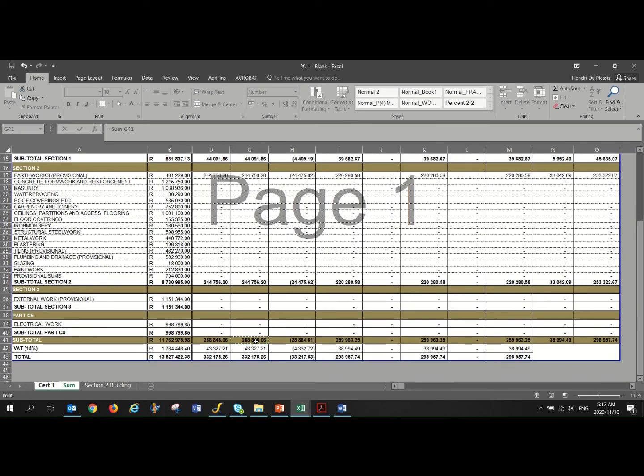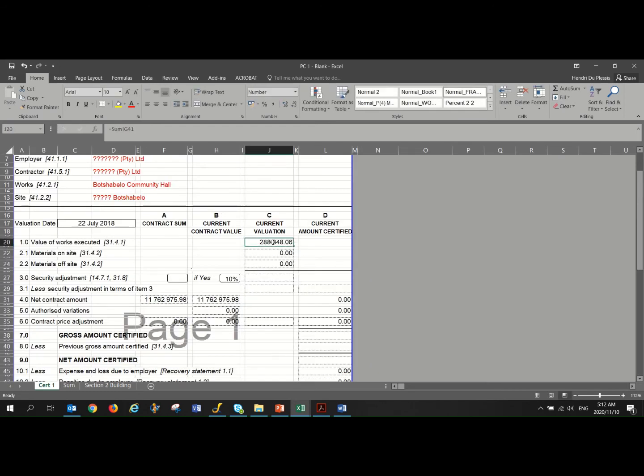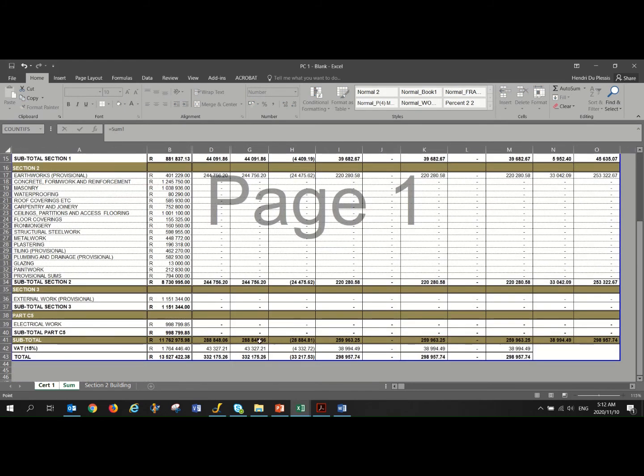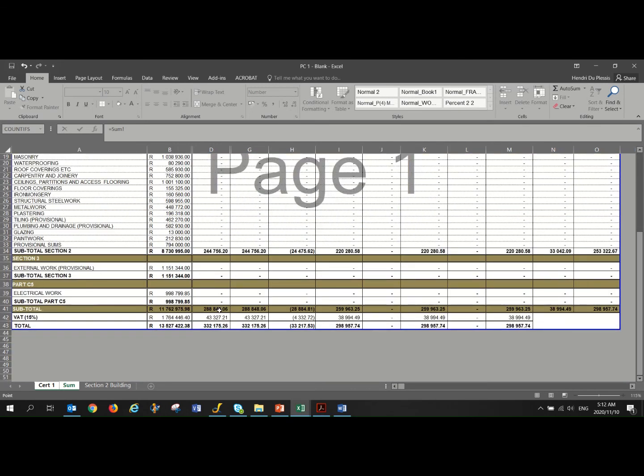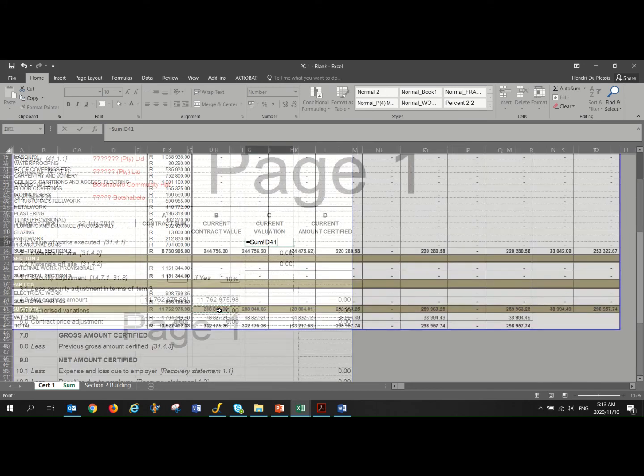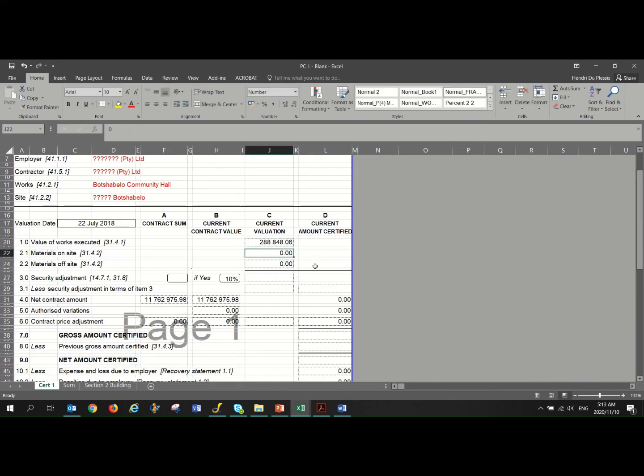So in our instance it is 288,000. So we bring that forward. We didn't have, sorry, pardon me, before material on site. You will see here's the repetition again. So you take your value of work done before VAT, that's added up here, you bring it forward, you add material on site and material off site if there's any, and then you add these ones